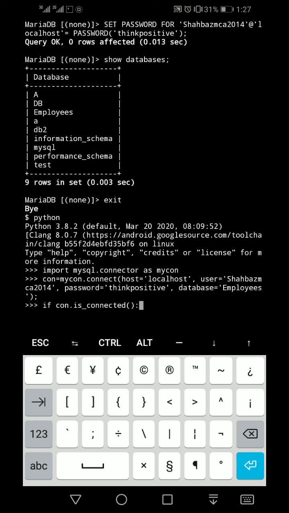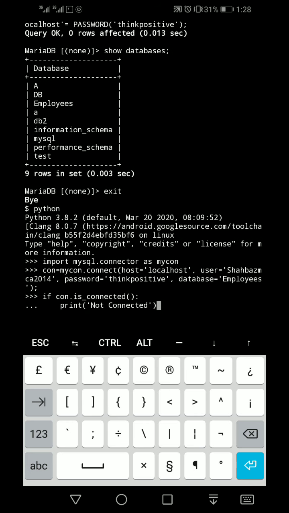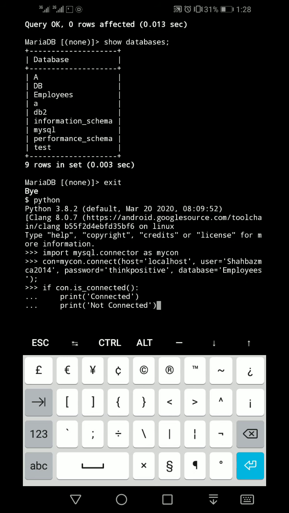If con.is_connected(): enter. Print, yes, this one, print connected, database is connected, enter. Then take else, it is there already, else, enter.